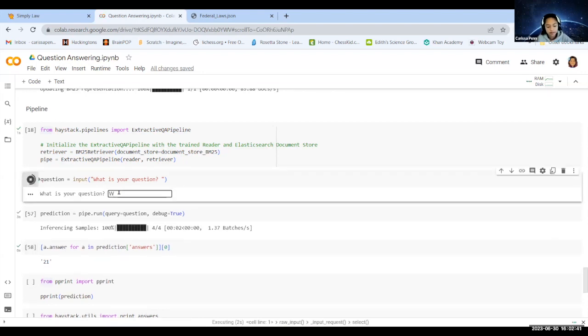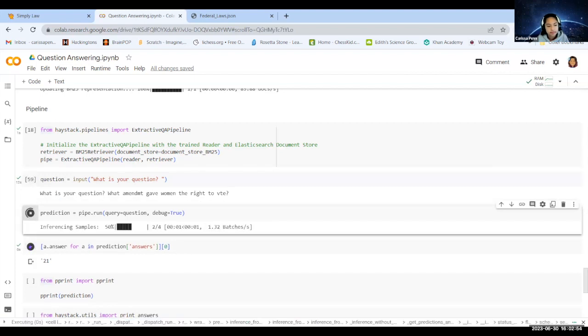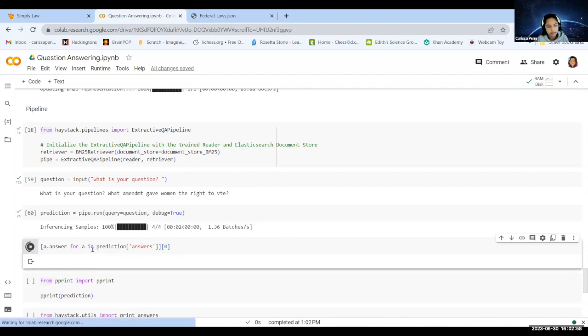So if you ask what amendment gave women the right to vote with some misspelling, it can still give an accurate answer. And yeah, that's my model.